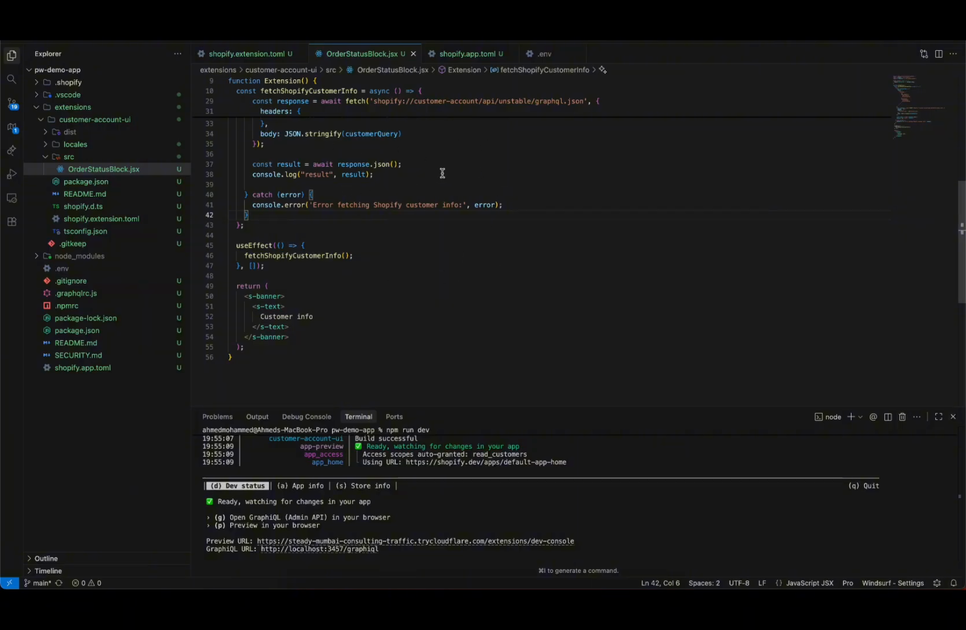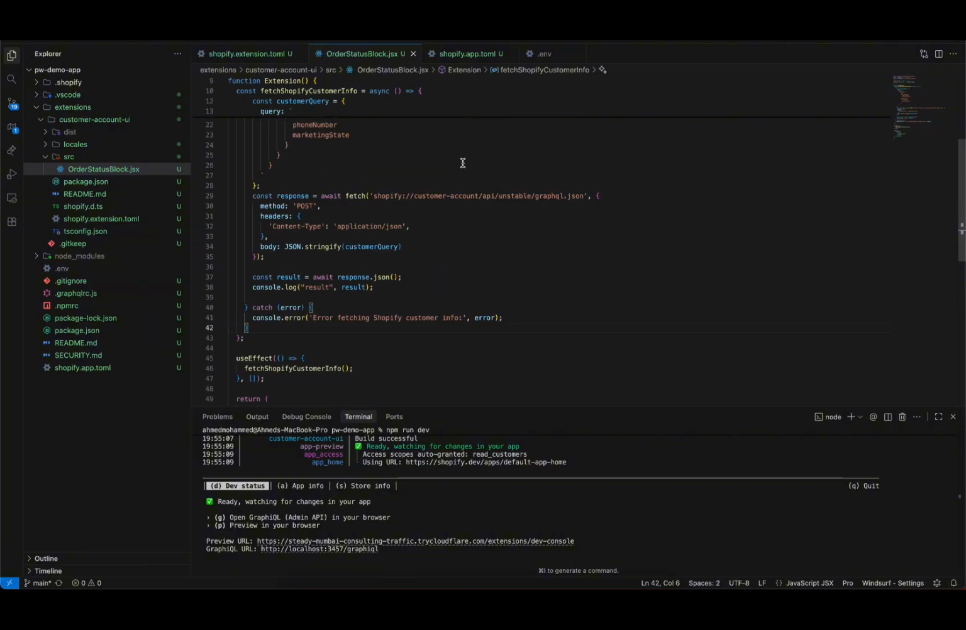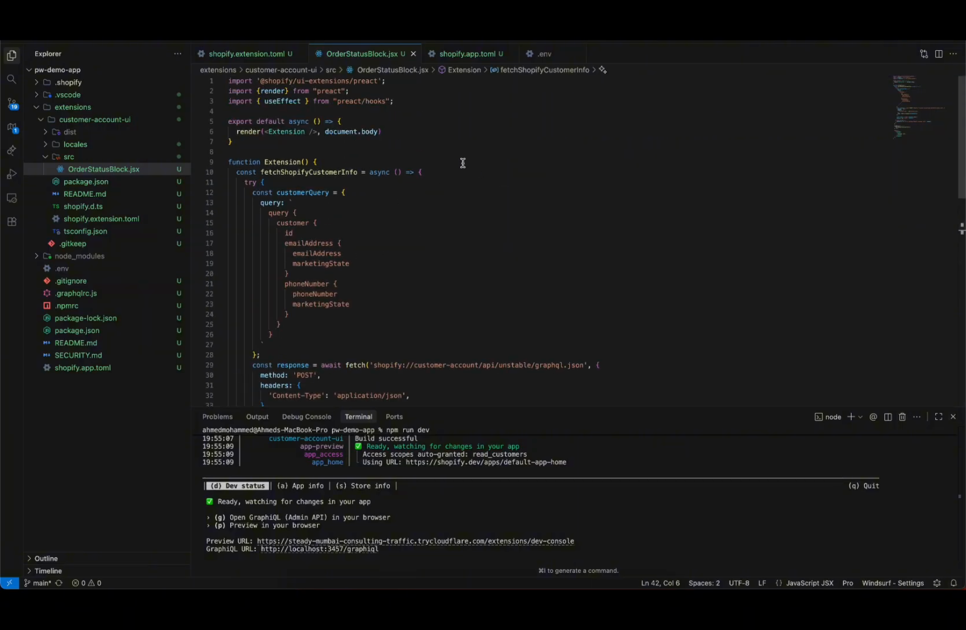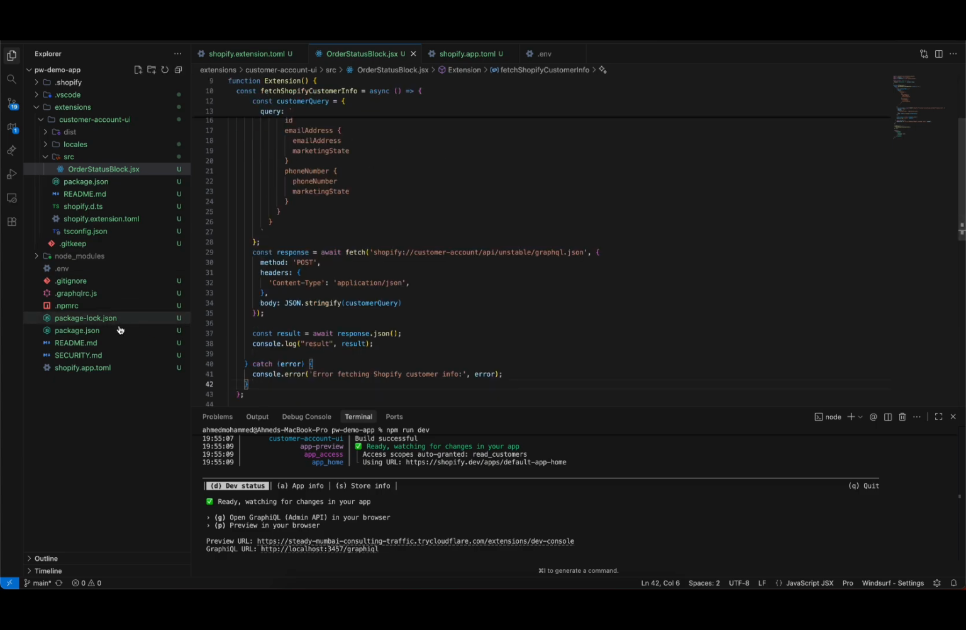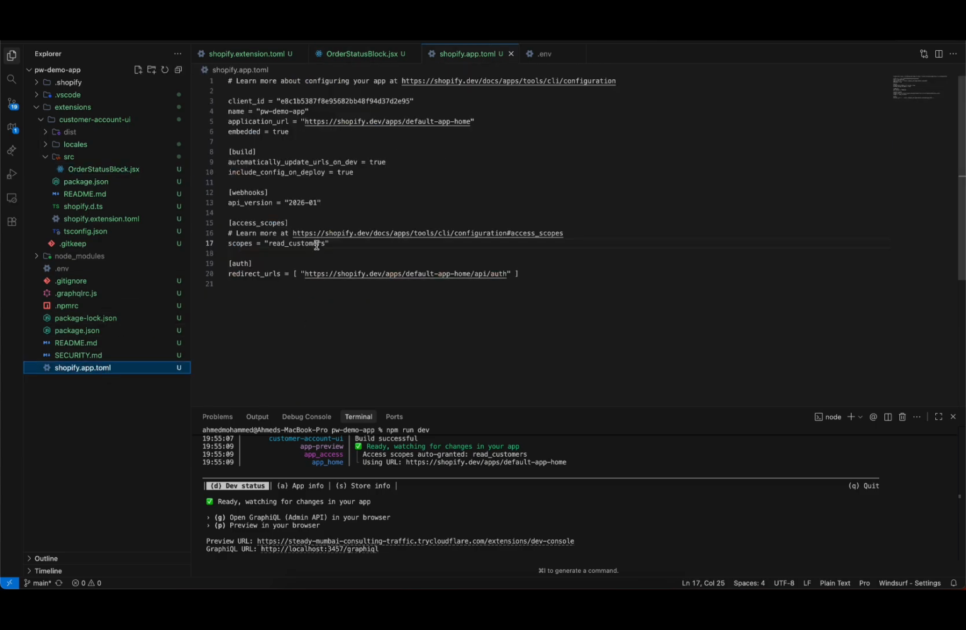So this is basically the code to run a customer query and get information about the customer. Then in your TOML file, make sure that you have the scope read customers enabled. Now this is two things, but there's also another thing, because when I run this,